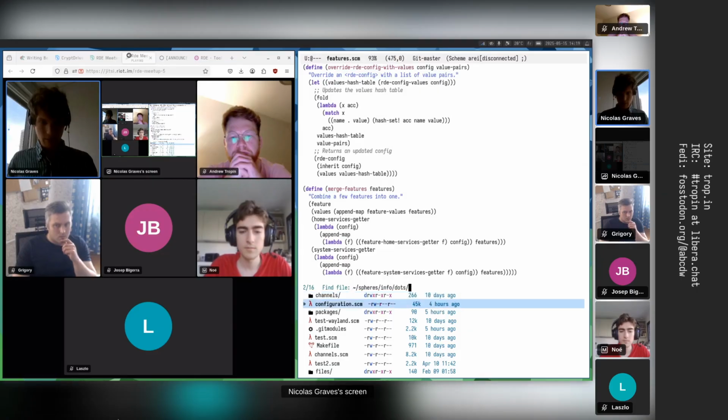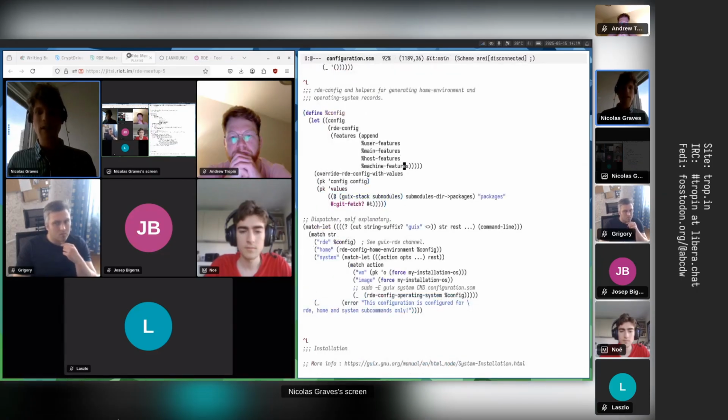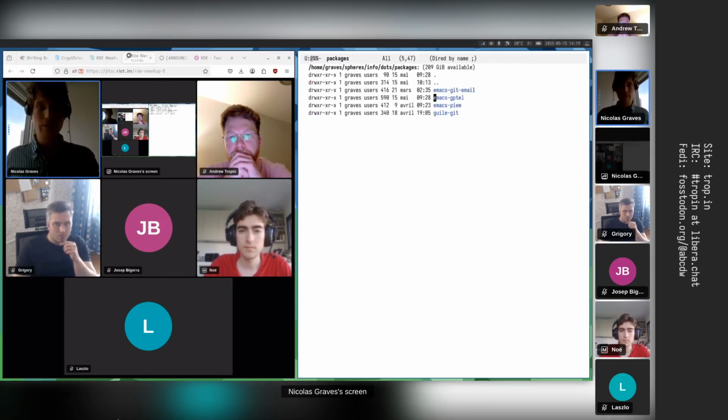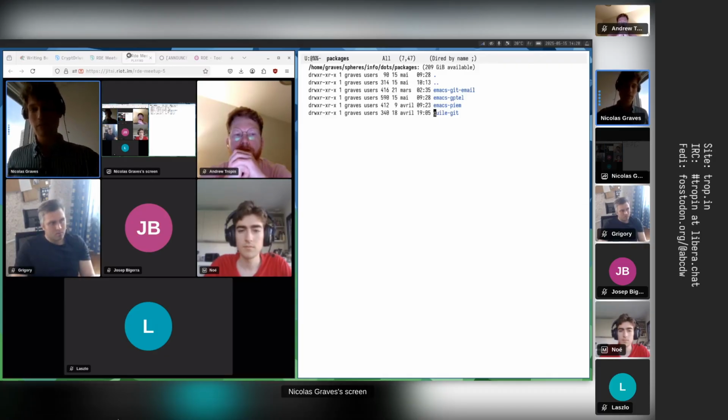So I have my configuration. At the end, I have my configuration, which combines all the different features. And what I do on that is override the values with the values that are packages. I have a packages directory with packages which are also Git repositories as submodules. And these are development versions of them. So basically, when I do a commit here and I guix pull and